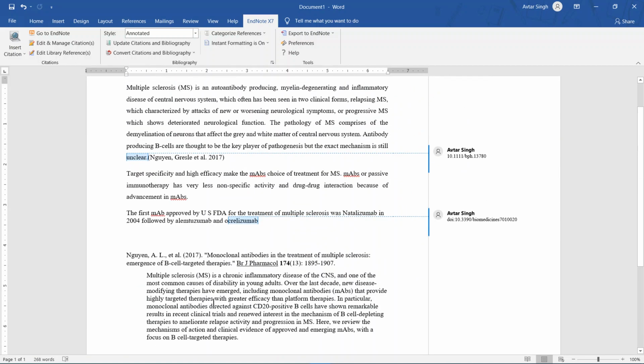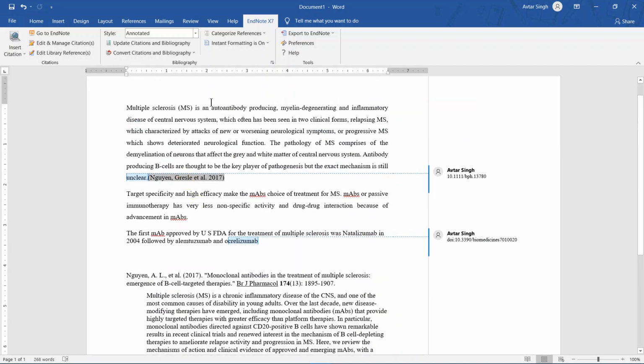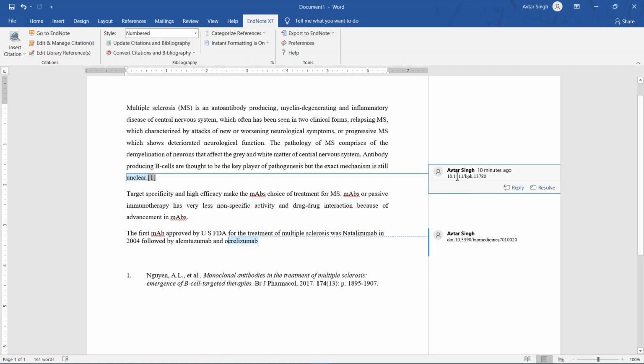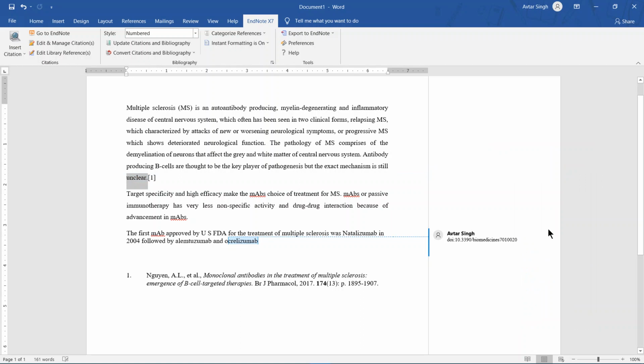Here they have inserted the abstract also, but you can change it. Go to Style, and if you would like to add it as author and date, click on that and it will be changed. Like here also, at the end of your document the references will be added, and if you want your references to be numbered, you can click on Numbered, and your references will be added as numbers. Later on you can remove your added comment. This is to make it easy, so you can remember the content, like where you have taken it from. You can delete it, and then I'm going to add the second one.